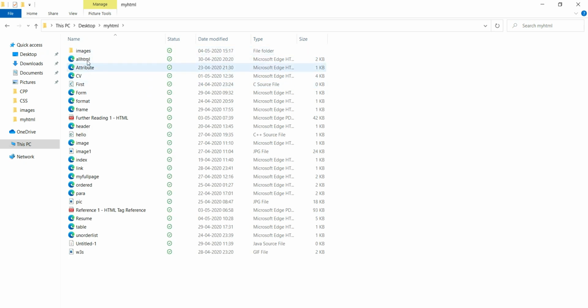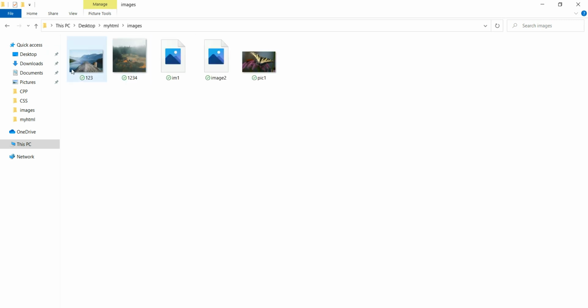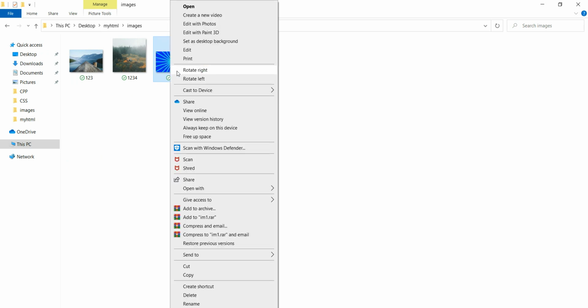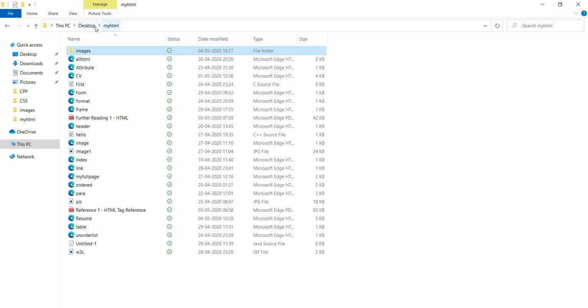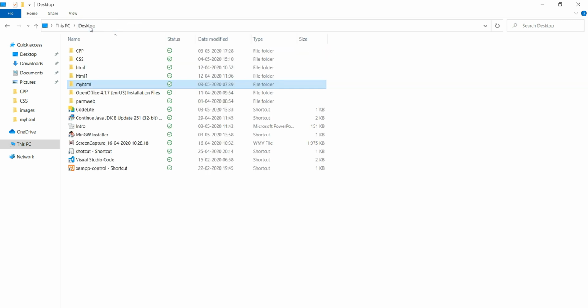So the path is different over here. So what I will do, I will copy this image. I have downloaded this image, but I will copy this image, and I will paste it in CSS.